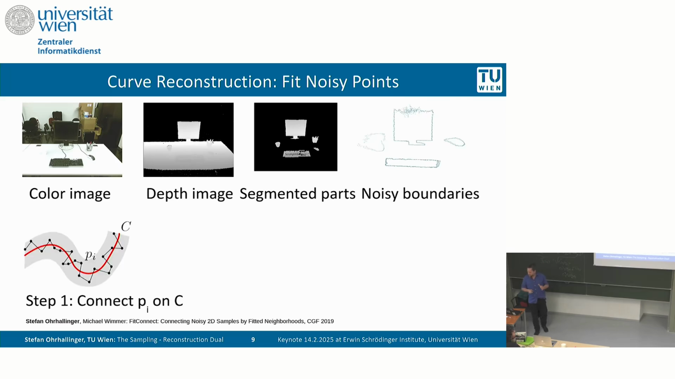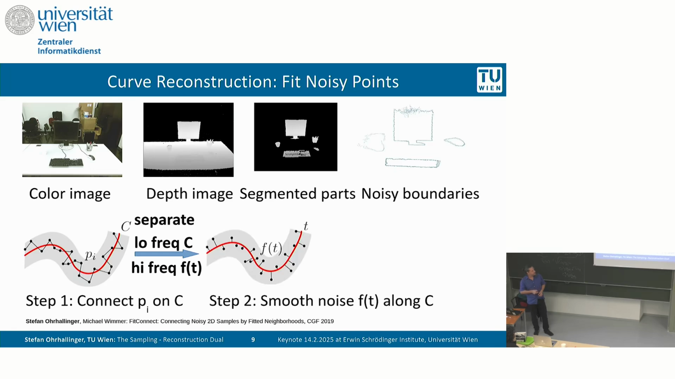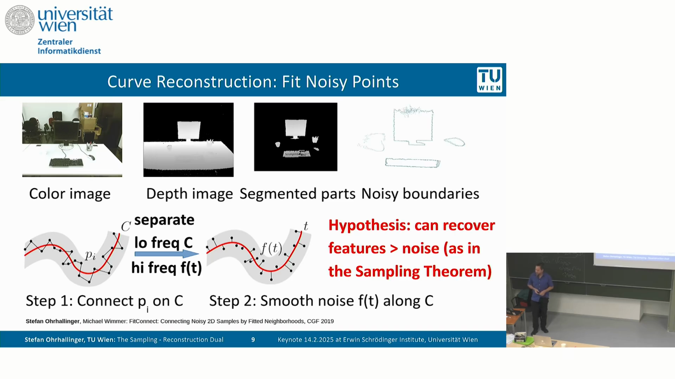And so we have a curve C, the red curve, and the points are not exactly on the curve. So the idea is first to still connect the points, and then separate the low frequency curve from the high frequency parameterized along the curve, which is the noise. And then we can smooth the noise by just projecting these points on the connected curve. The hypothesis on this is that we can recover all features that have an extent which is larger than the noise. This is similar to the sampling theorem, which lives in